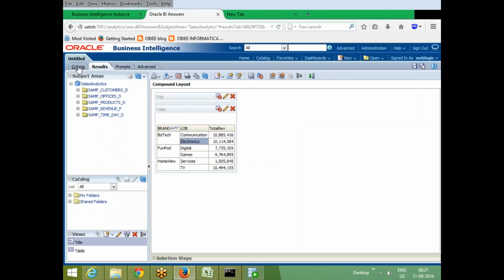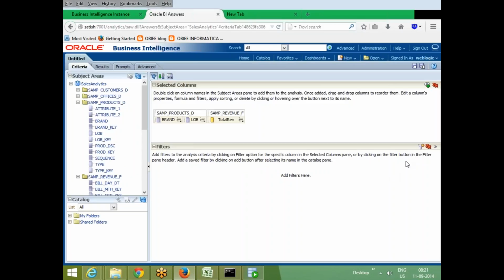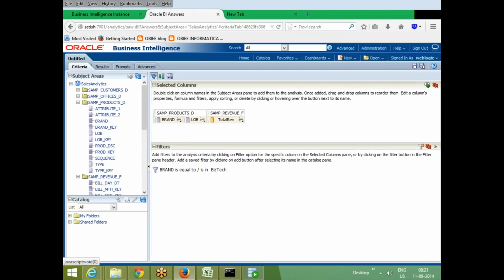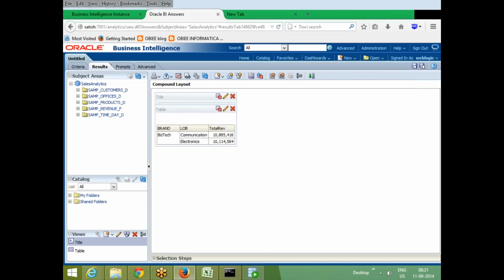Okay. So now I'm keeping a filter BISTEC. So if I create, so now how many lines of business do we have in the report? There are only 2. So when I create a report, when I go and make this a pivot, you will see